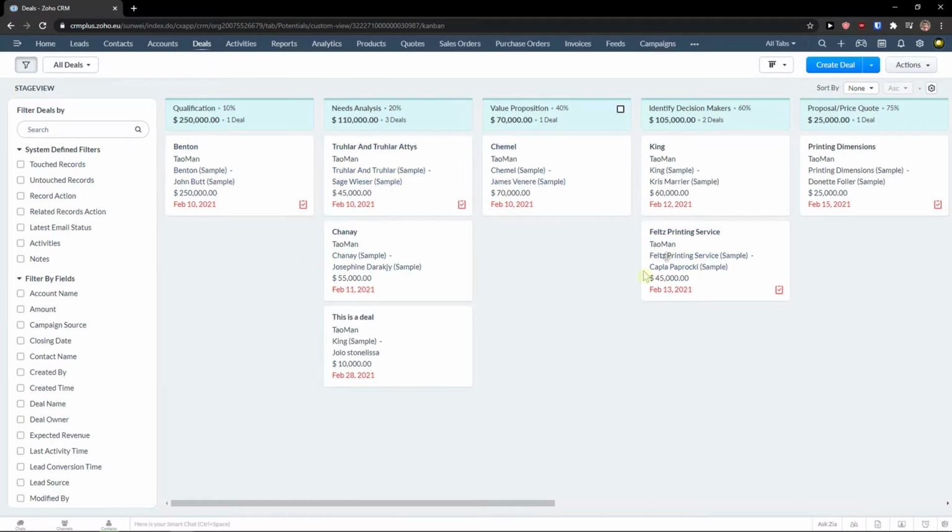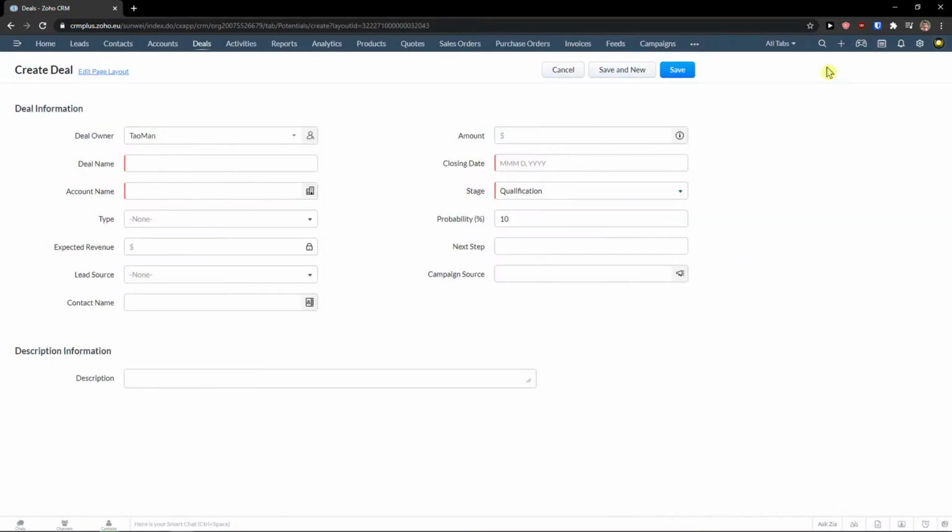Let's say that you won't see anything here. Again, you can on the left side filter it. So go to top right, create a deal. And now deal owner is me. Deal name, let's say that this is going to be Epic Deal. Account name, I'm going to choose the account that I created. Type, if it's existing business or a new business, let's say it's existing. Expected revenue,